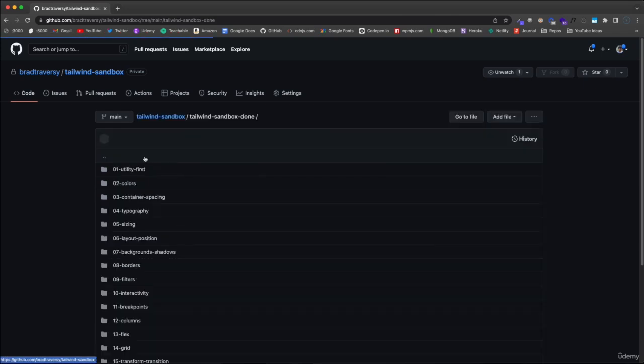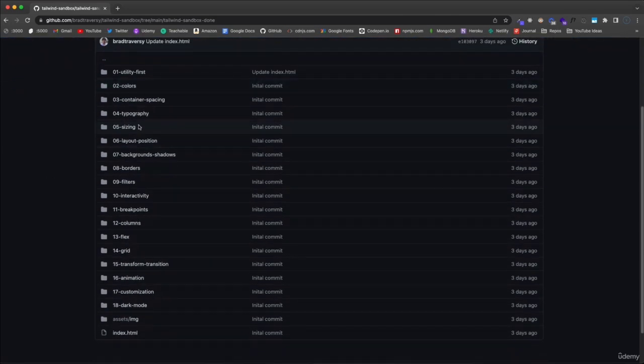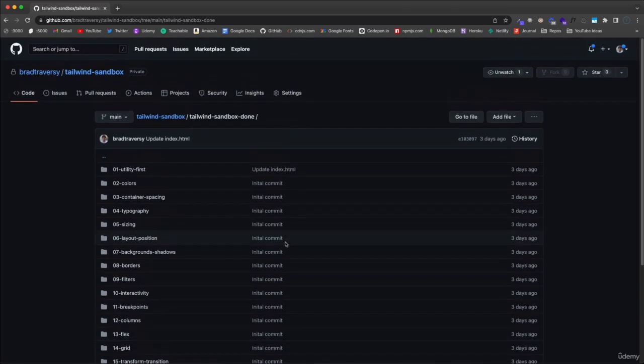So if we look at done, we're going to see all these folders that pertain to different areas of Tailwind. So typography, layout and positioning, borders, filters, Flexbox, all kinds of stuff. Basically all the classes and class groups that Tailwind offers. So we're going to go through, in the next, I believe, two sections, we'll be focusing on all